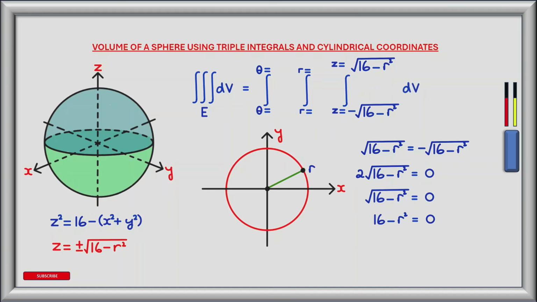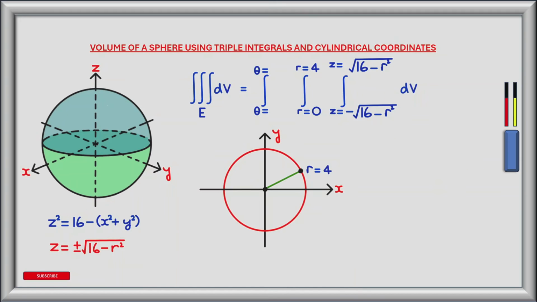Squaring both sides of the equation gives 16 minus r squared equals 0. And this leaves r squared is equal to 16. And taking the positive square root of both sides of the equation, we're left with r is equal to 4. And this forms the upper limit of integration. And r begins at the origin of the circle, so where r equals 0, and this forms the lower limit